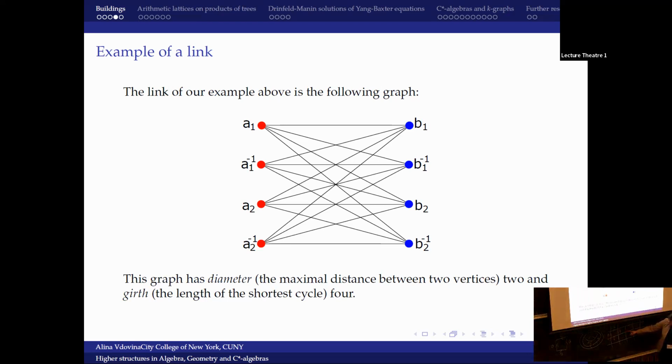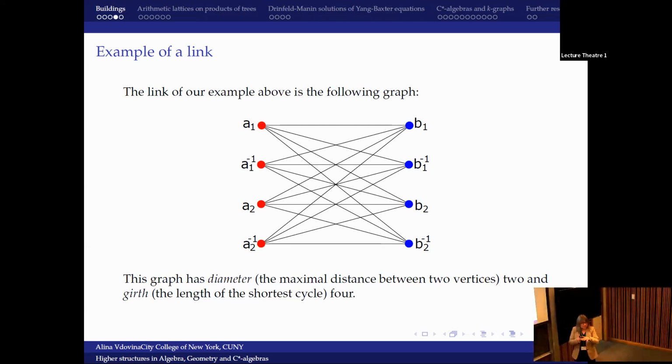And this girth 4 tells you that you will have 4 squares which meet at each point. And in a way, the sum of the angles is 2 pi if you talk about equilateral squares. So those links are important when you have highly singular branching spaces, like high dimensional analogs of trees. Then your link tells you how to keep together your squares in the apartments. Okay. Any questions?